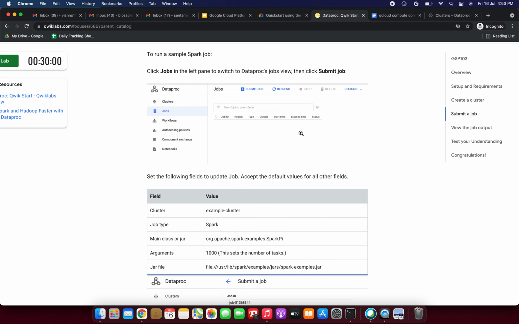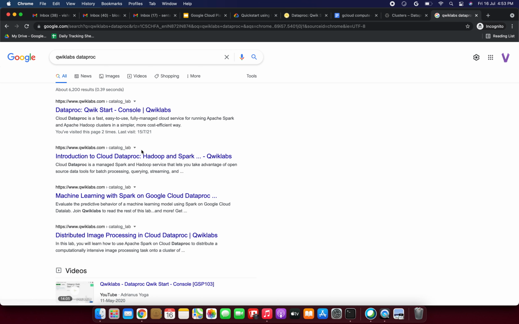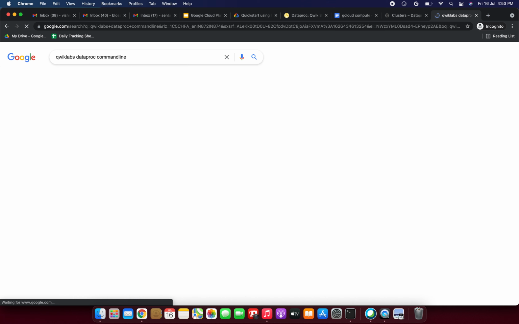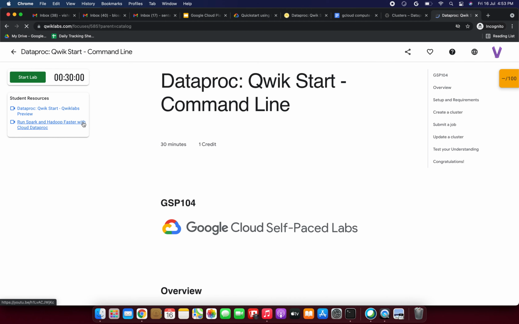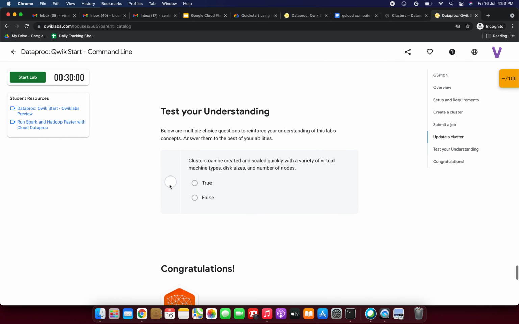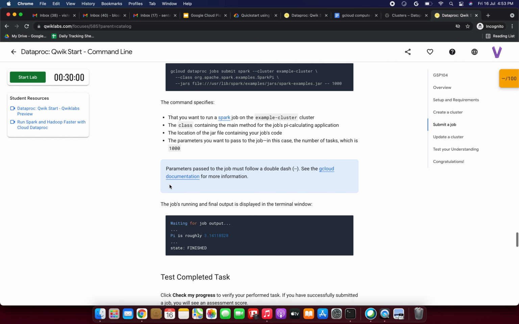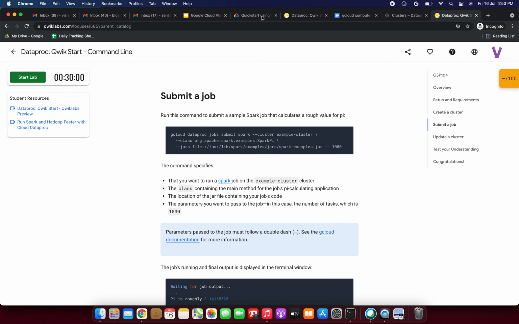Let me open the documentation. Sorry. Let me open the quickstart command line, then we can see here. We can copy from here and use this.